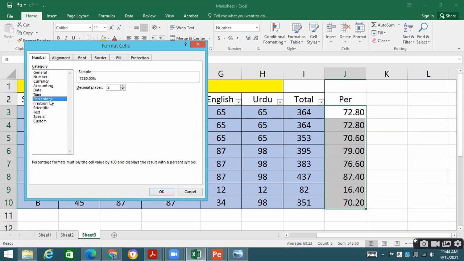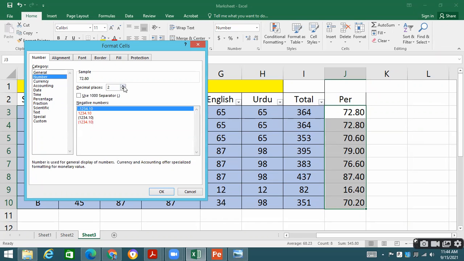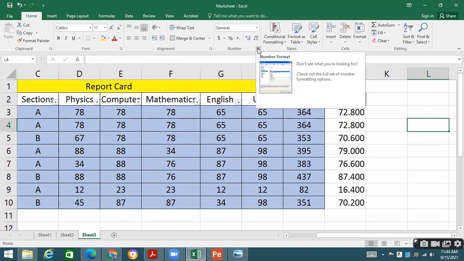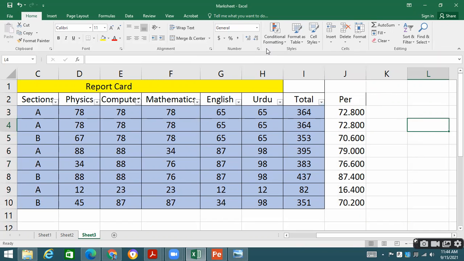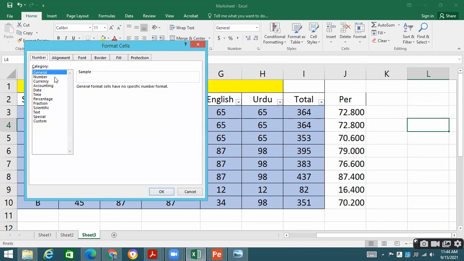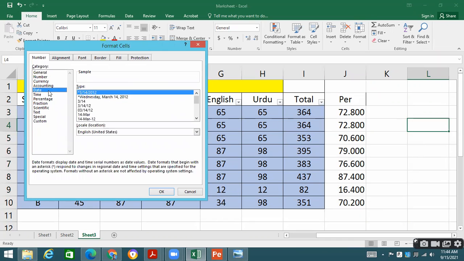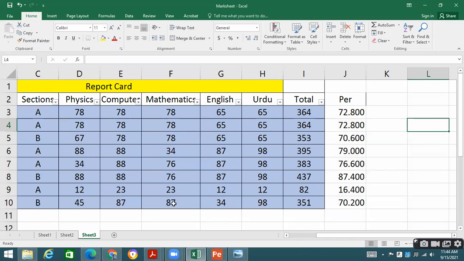In the percentage format, if you want, you can make it 3 decimal places. So basically this is how we can manage the format of the given text in different types of numberings, whether these are normal numbers, general numbers, normal decimal numbers. If it is some kind of date, we can convert the format of the date as well.